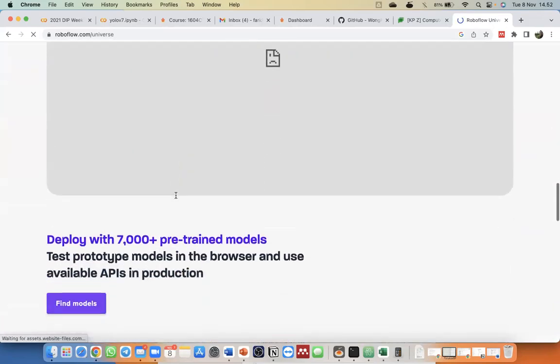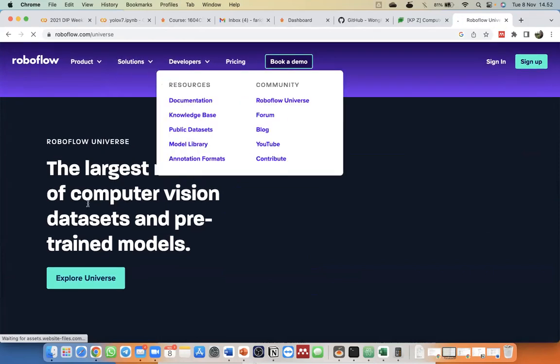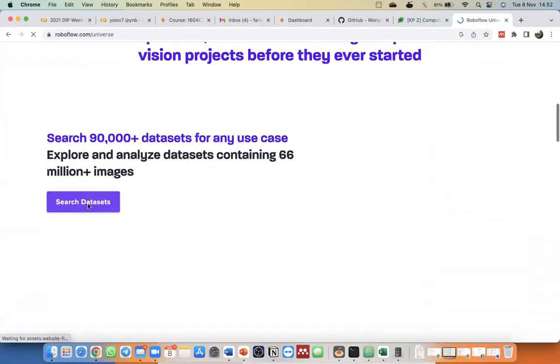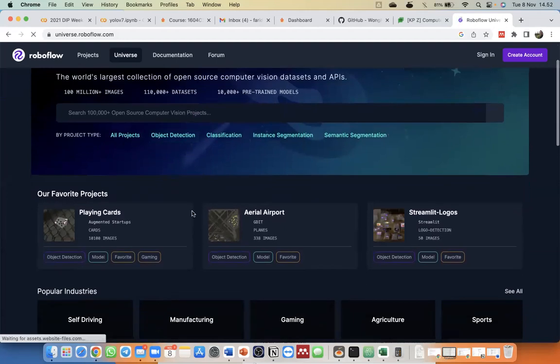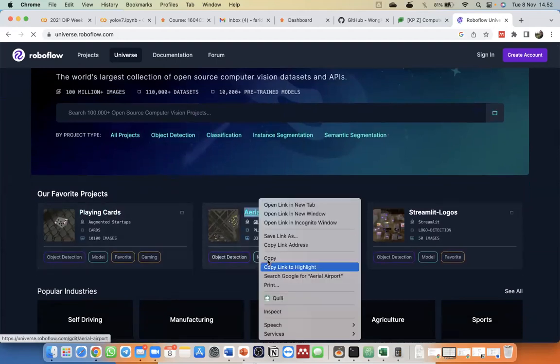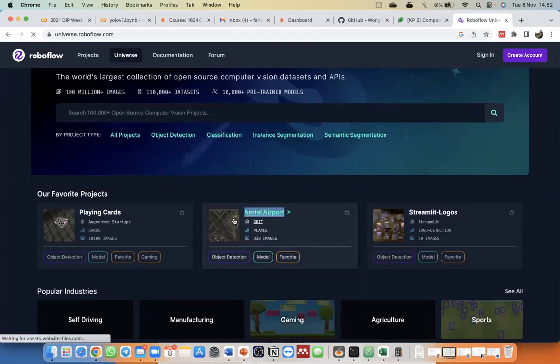And we will download the dataset from here. Search dataset. Okay, so we use this dataset, ya. I will copy the address, ya. This is the Aerial Airport dataset which contains the airport that is captured by drone camera, ya. Jadi ini kita punya dataset untuk nanti kita mendeteksi lokasi pesawat di airport. Ini linknya saya copy saja.